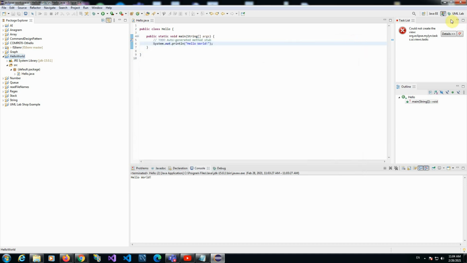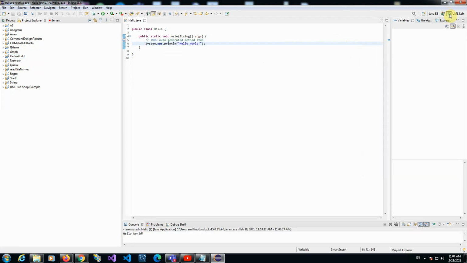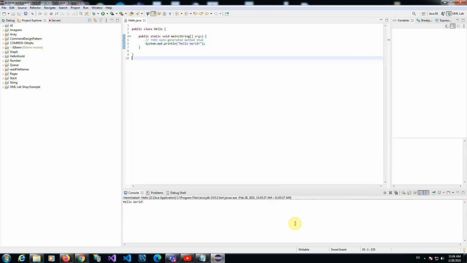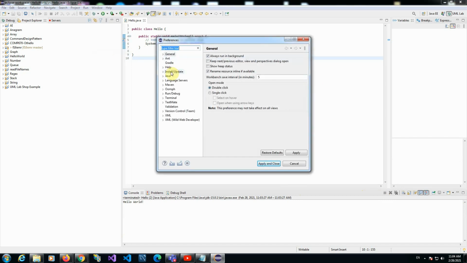The other thing is the switch between different perspectives. It just gives you different look for different programming language or different purpose of using Eclipse. Then the other thing is sometimes you may accidentally close a small window around here or there. You can just choose window and preference. So for example, if